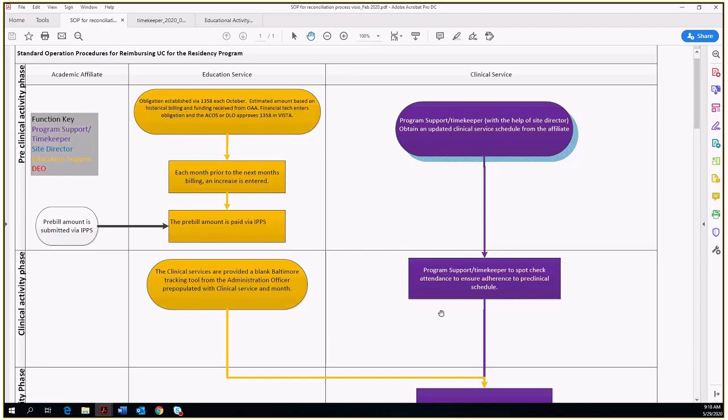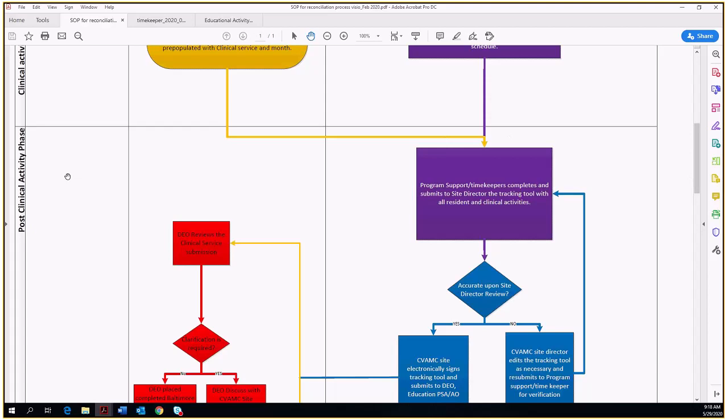Now, it's the responsibility of the site director to make sure that the residents and the fellows know to communicate with the timekeeper slash program support individual, whether they're sick or they come in on call or there's a change in the schedule that needs to be reflected on this. So in theory, at the time that the post-clinical phase occurs, now this is at the end of the month, the most accurate representation of what actually occurred within our building, the true resident activity, is captured within the tracking tool. And like I said, we'll go over all of this in a second,